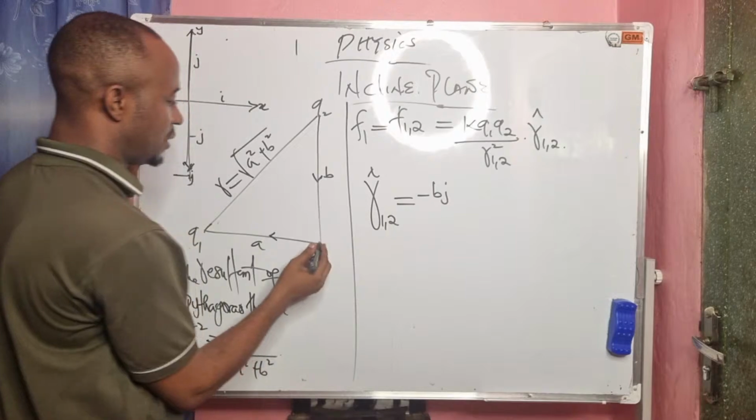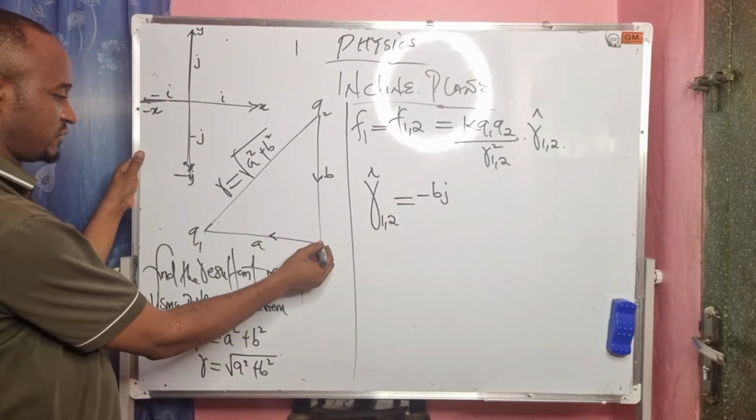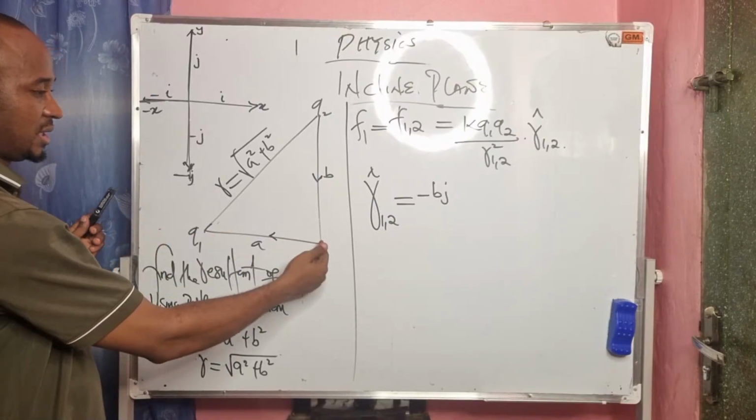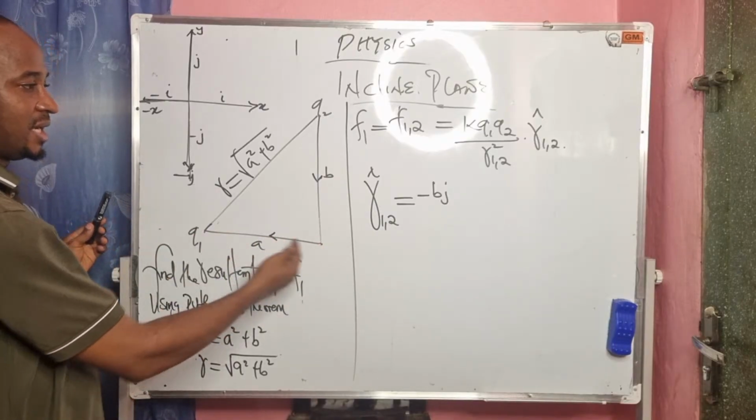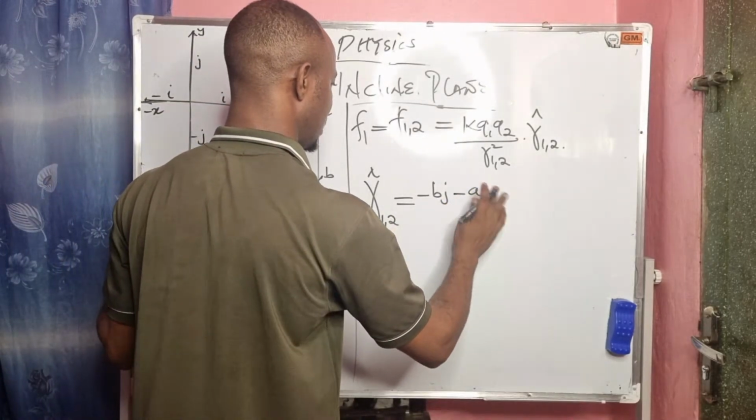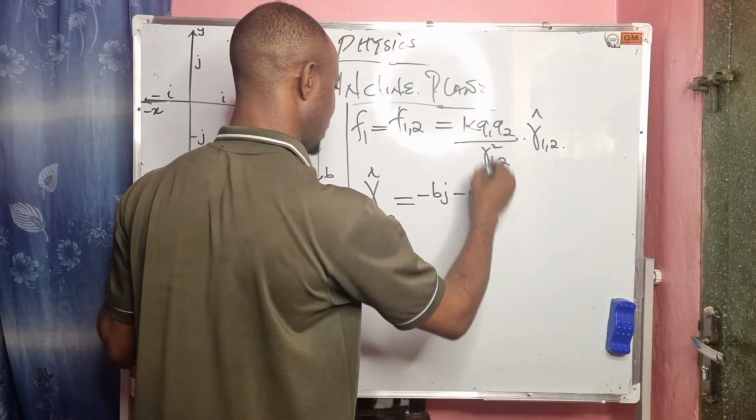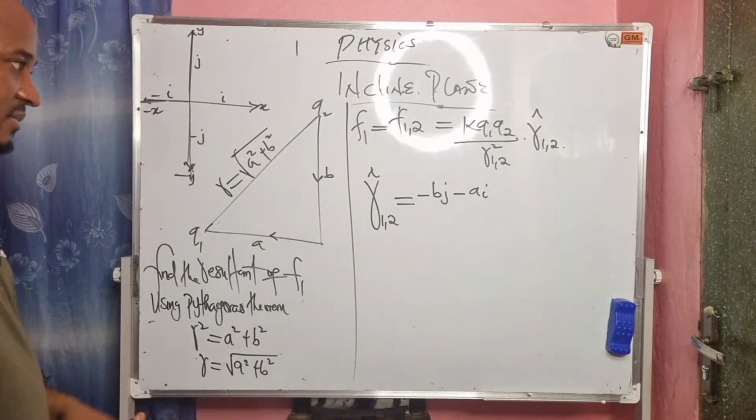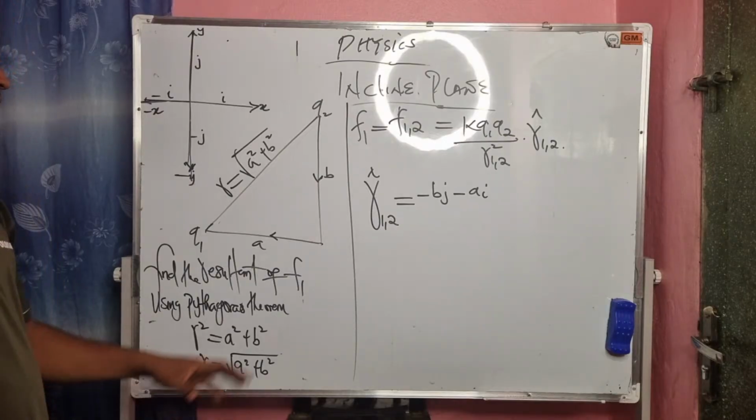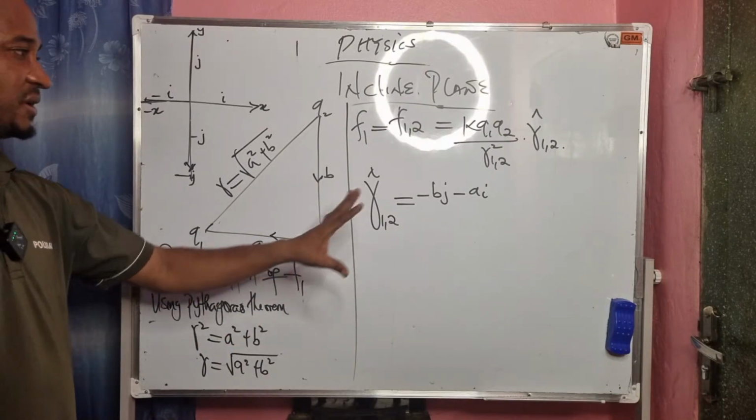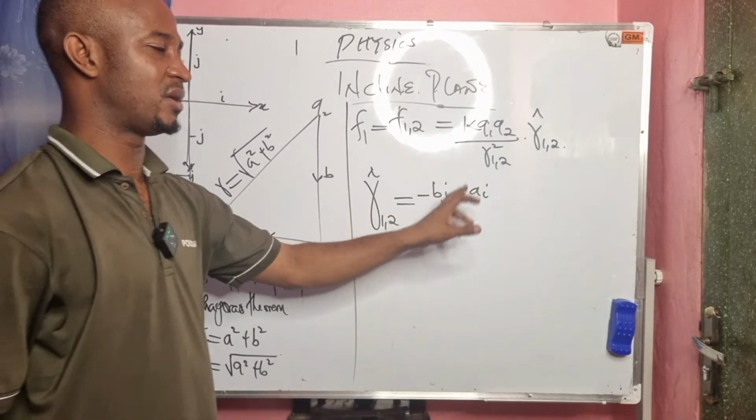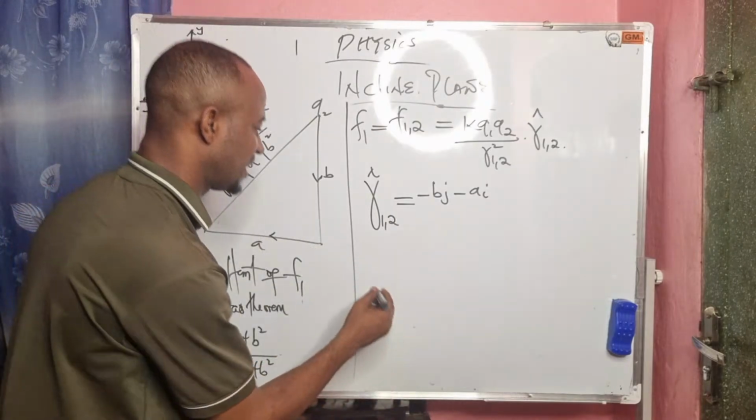Minus bj. Then when we get to this terminal, we move towards charge 1, because the action of force is towards charge 1. And that will give us negative i. Negative i times a is what? Negative ai. Is that clear? Now I've defined the vector. The vector r is what? Minus bj minus ai. Don't forget that in vector,